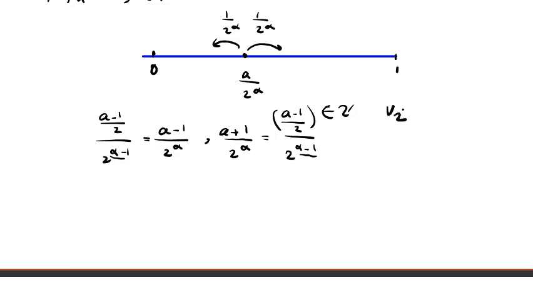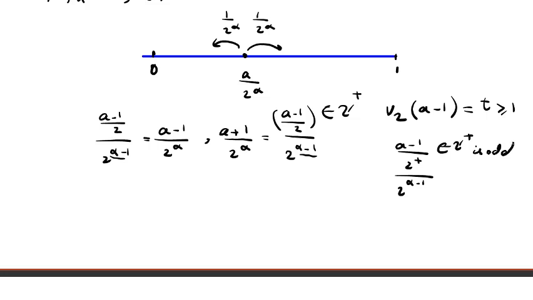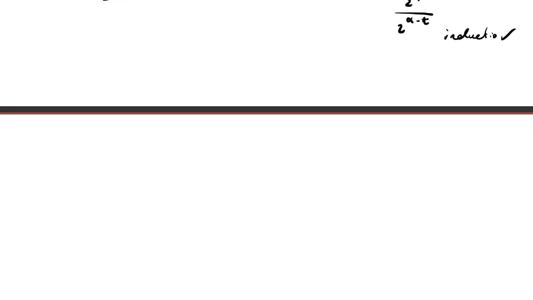For example, suppose V2 of a number means the maximum power of 2 dividing it. For example, it is t. So you say A minus 1 over 2 to the t, and t we know is at least 1, over 2 to the power of alpha minus t. So it is a positive integer, and it is odd, and you say it is at most alpha minus 1, so we can use induction and say it can reach 0 and 1, and player A wins. Otherwise,